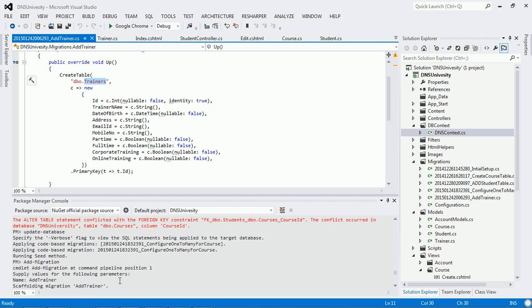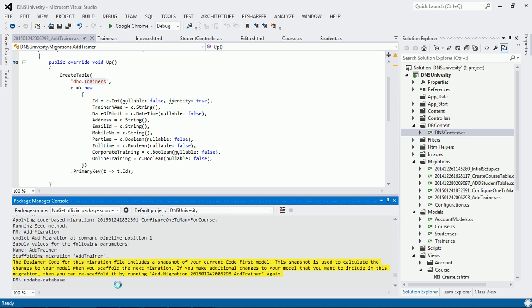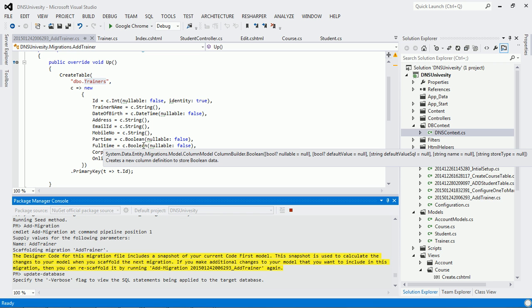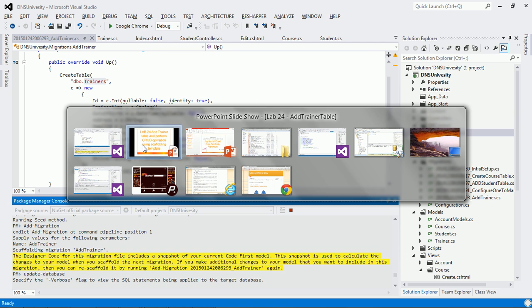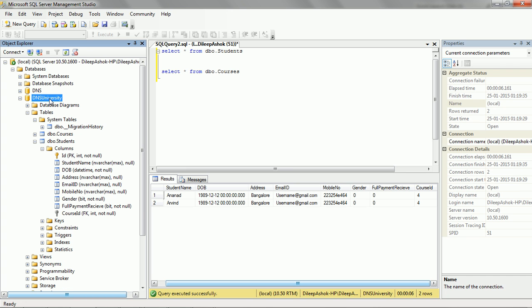So now finally, what I will do is update the database. This script will be executed in the SQL Server, and the trainers table will be created in the database. Let me refresh right now. There is no trainer table. Now after refreshing, the trainer table will come.